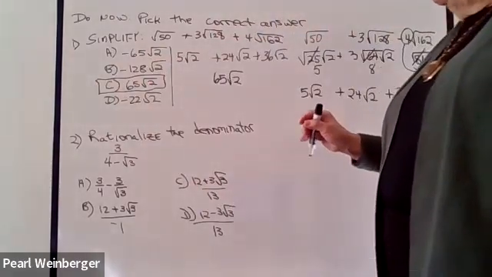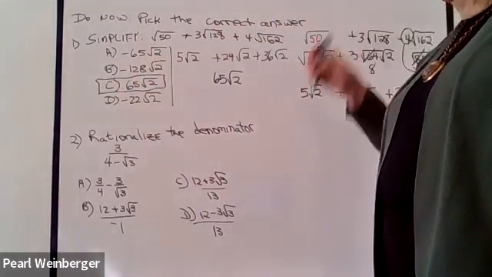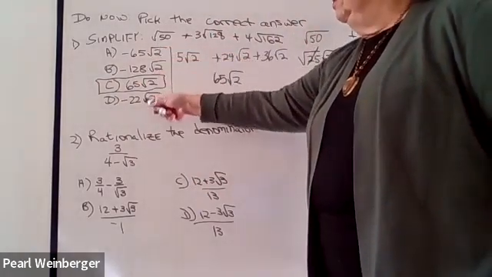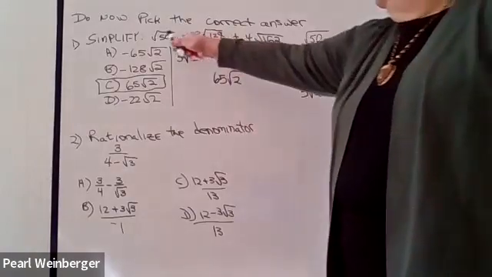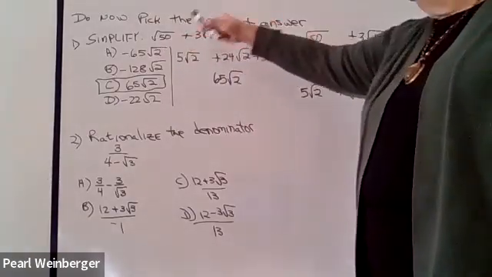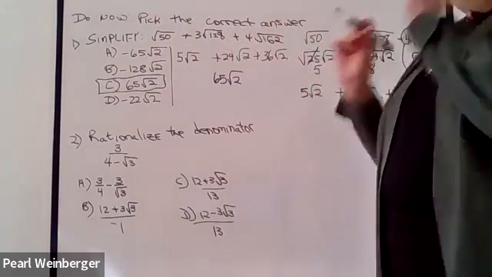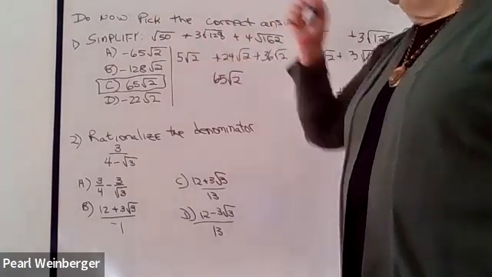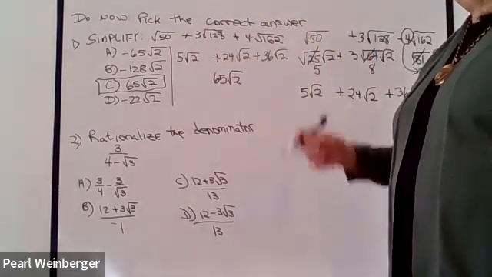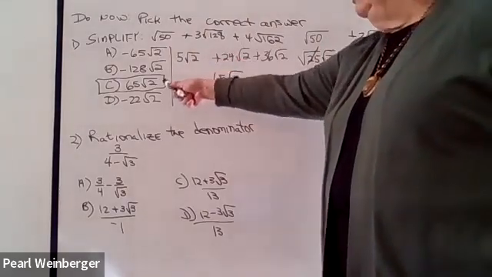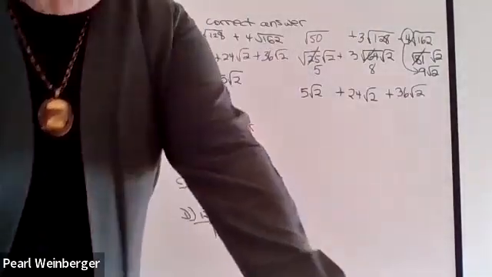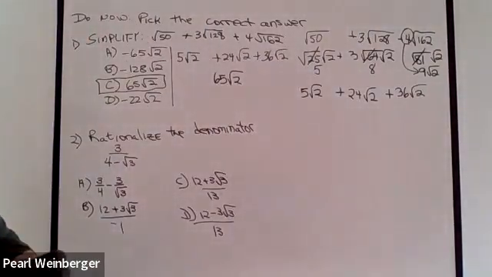You might have noticed also, if you were really looking at the answers, all of the other 3 answers were negative. But in my original problem, everything said plus. So if I were in a rush or I really didn't know what to do, I could have realized the only answer that would make sense in this multiple choice would be a positive answer, and I could have picked C and had a very good chance of getting that correct. Okay, so that's question number